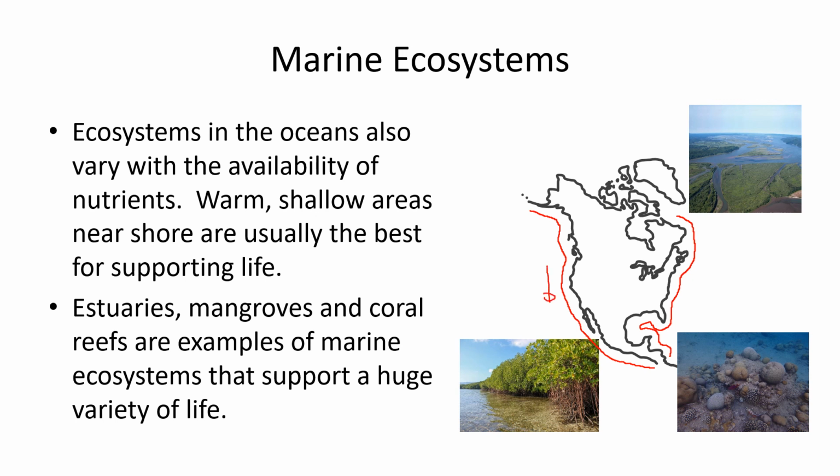And so as you go further south in North America, you're going to see greater biodiversity. And the close to shore thing also means they'll have more sunlight, and you'll also have lots of nutrients that tend to wash off the land and into the water. And so places near shore and where it's warm will be the most biodiverse.